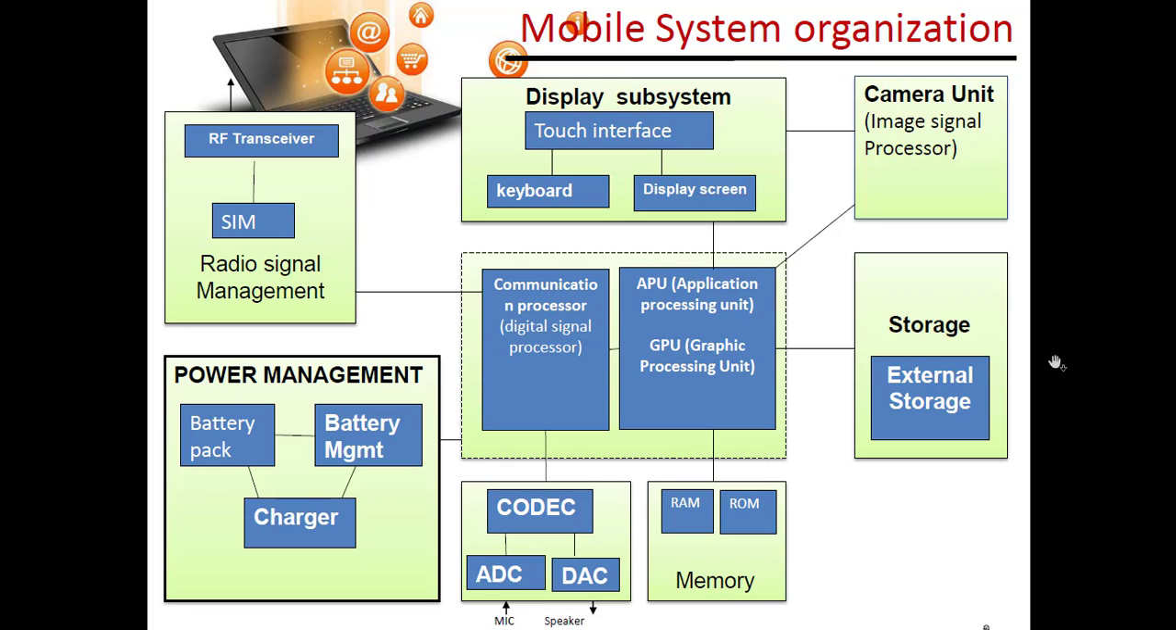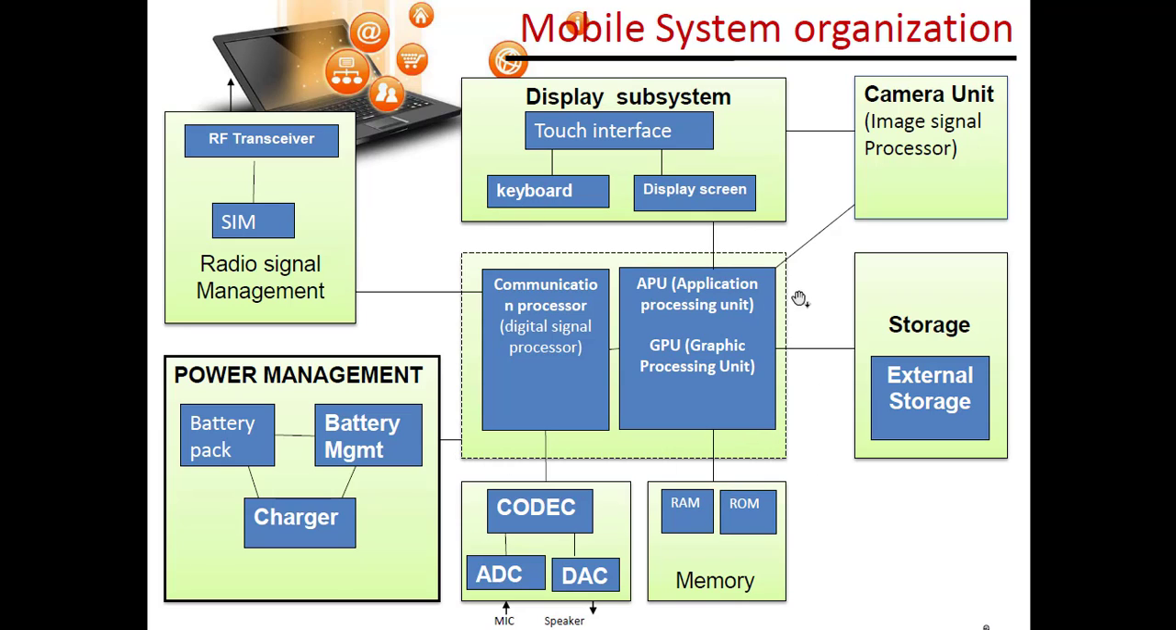So this is the organization of various components of a mobile system. We will see each part of this in detail one by one. So we will start with the mobile processor. The unit which is shown in the middle